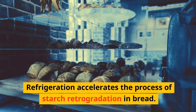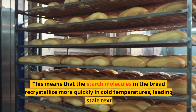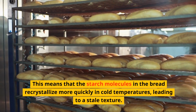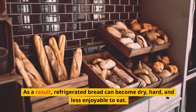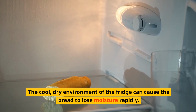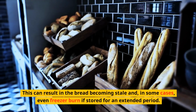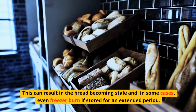Refrigeration accelerates the process of starch retrogradation in bread. This means that the starch molecules in the bread recrystallize more quickly in cold temperatures, leading to a stale texture. As a result, refrigerated bread can become dry, hard, and less enjoyable to eat. The cool, dry environment of the fridge can cause the bread to lose moisture rapidly. This can result in the bread becoming stale and, in some cases, even freezer burn if stored for an extended